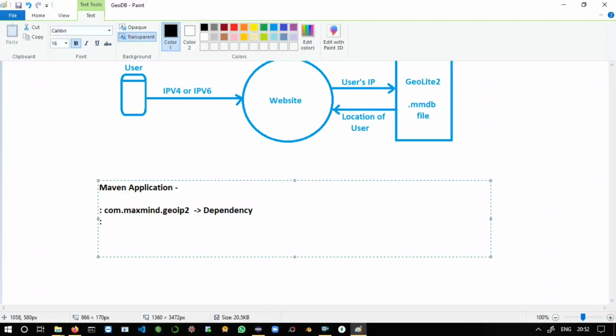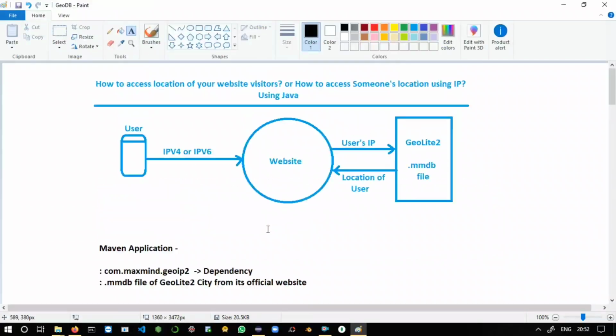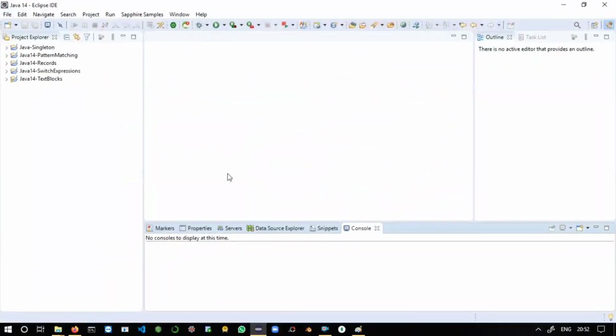The second thing is we have to download the mmdb file of GeoLite City. That's all about our background preparation. Nothing more special is required, so let's move to the programmatic part.